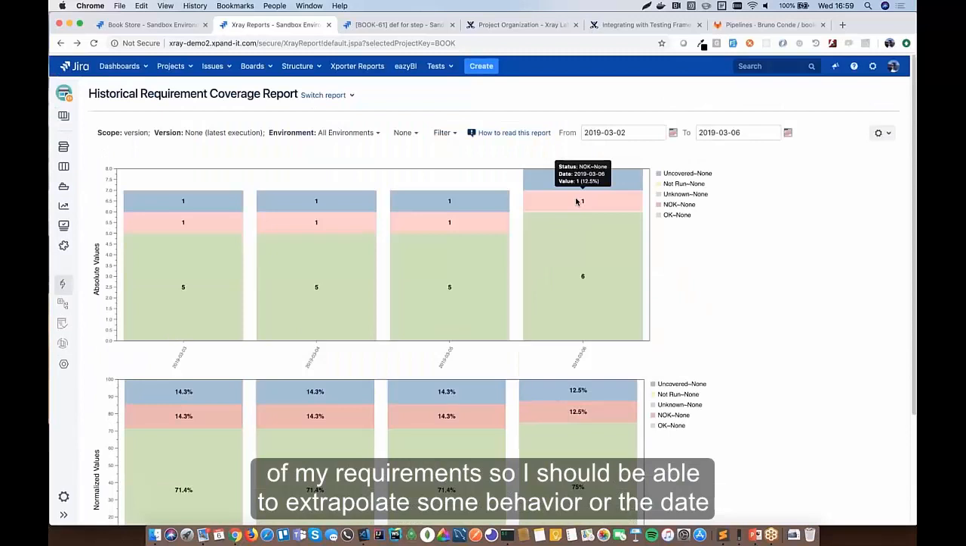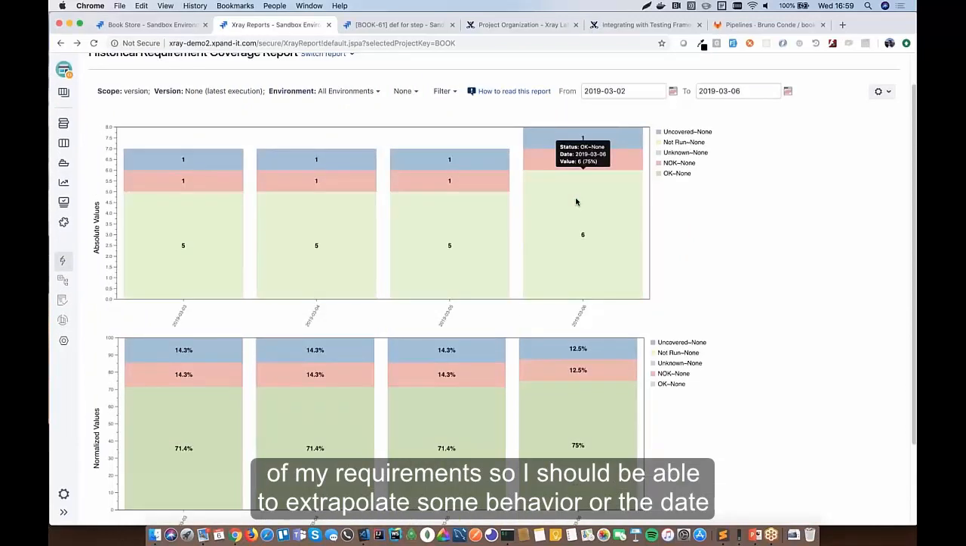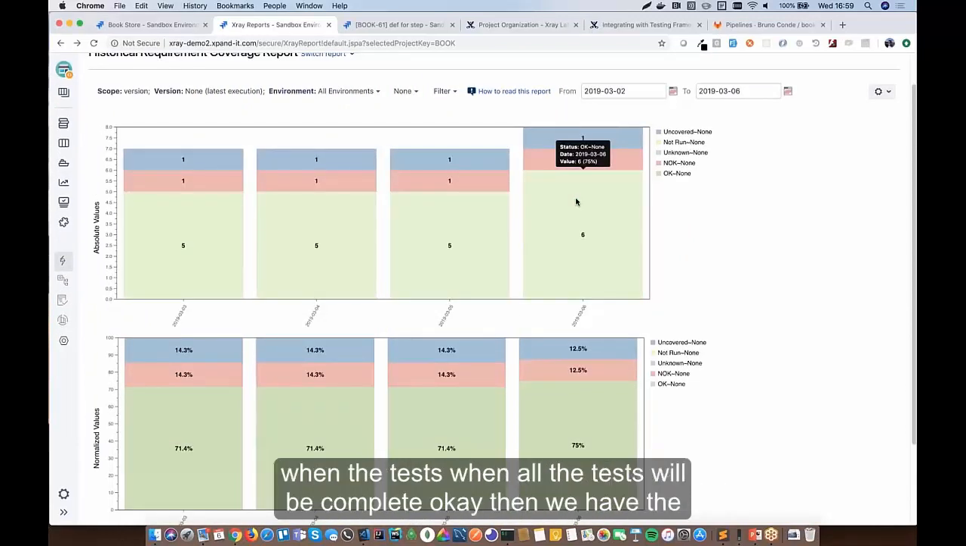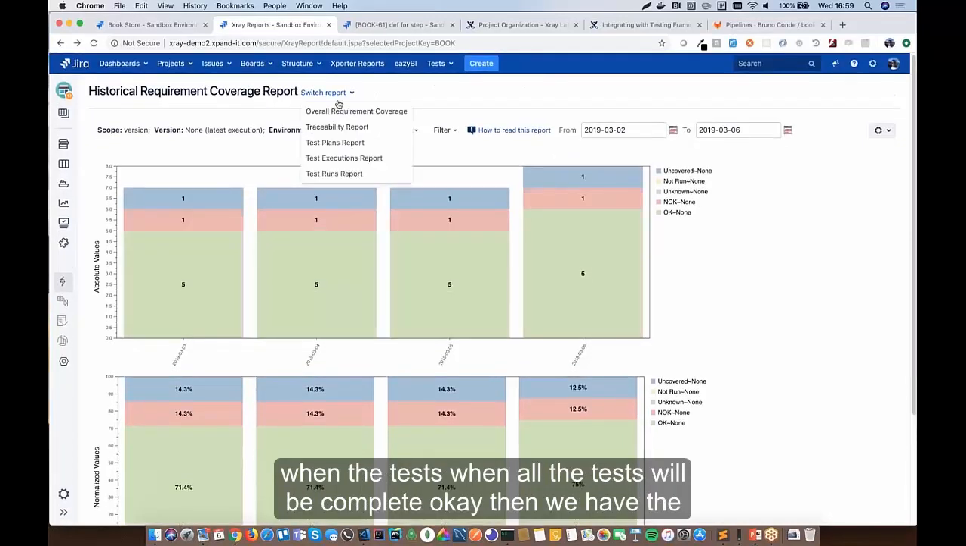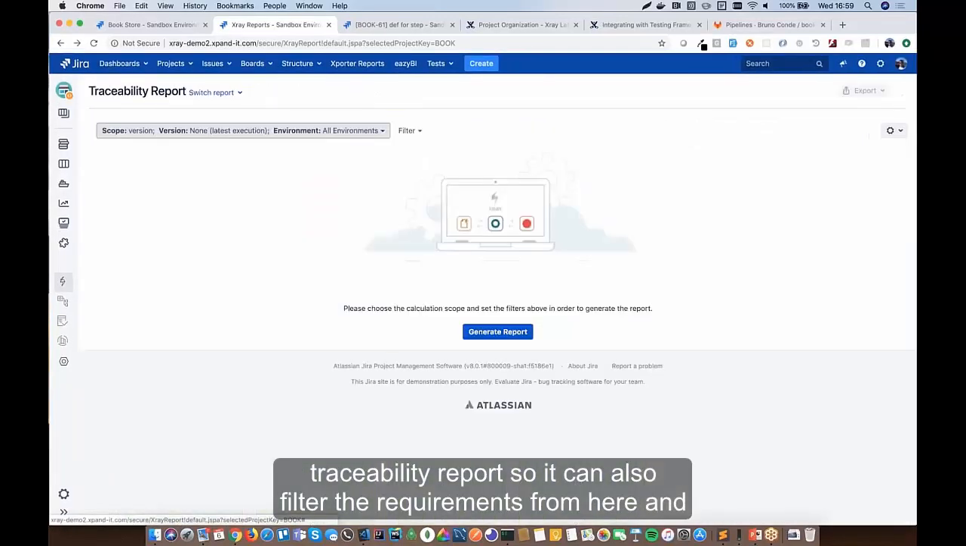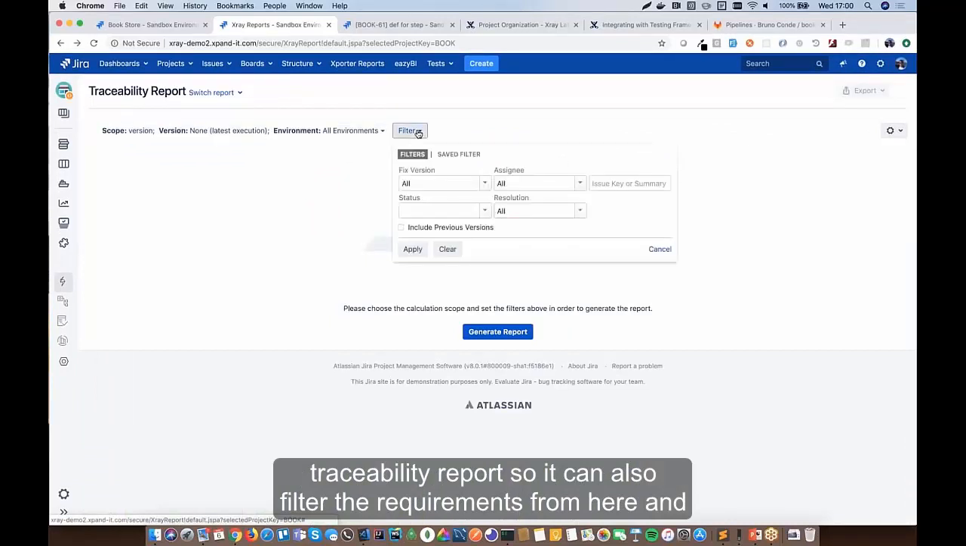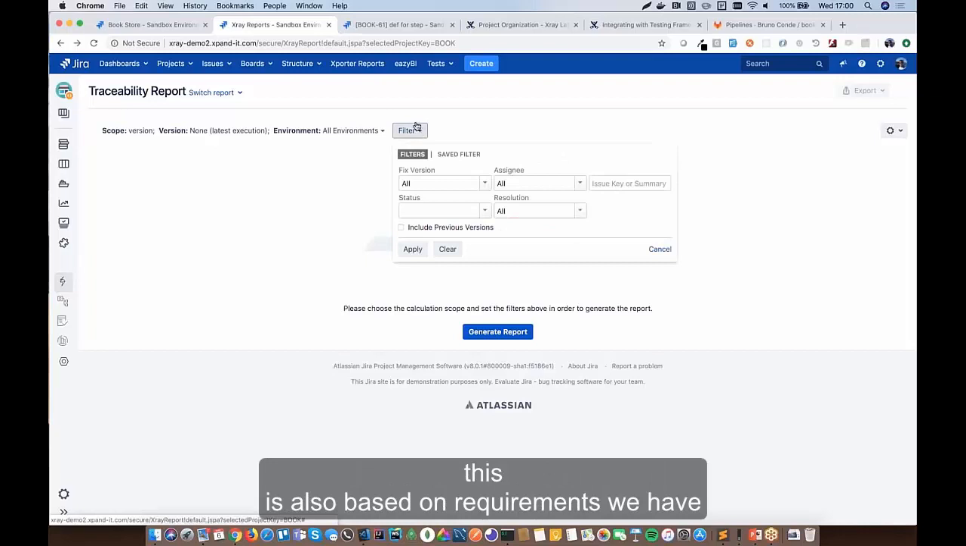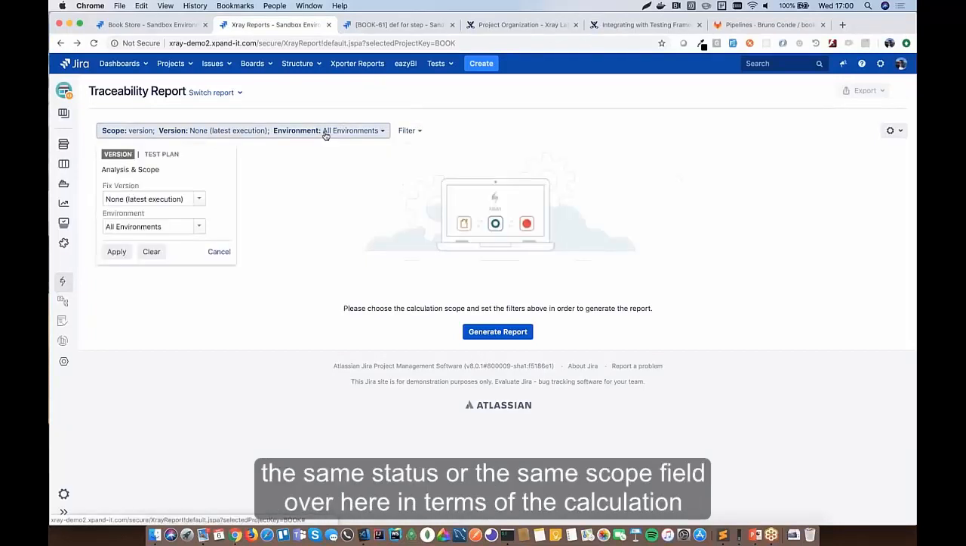So I should be able to extrapolate some behavior or the date when all the tests will be complete. Okay. Then we have the traceability report. So you can also filter the requirements from here, and this report is also based on requirements. We have the same status or the same scope field over here in terms of the calculation, and then you